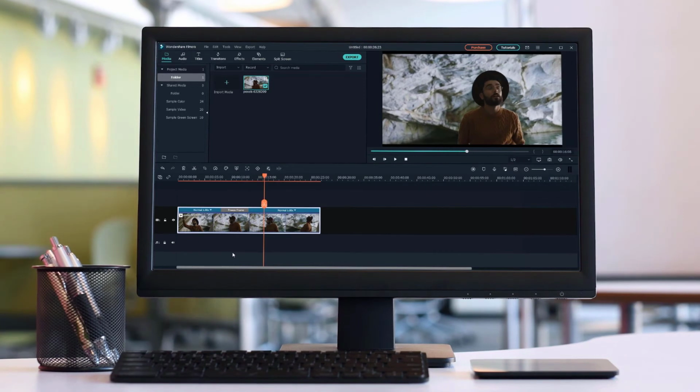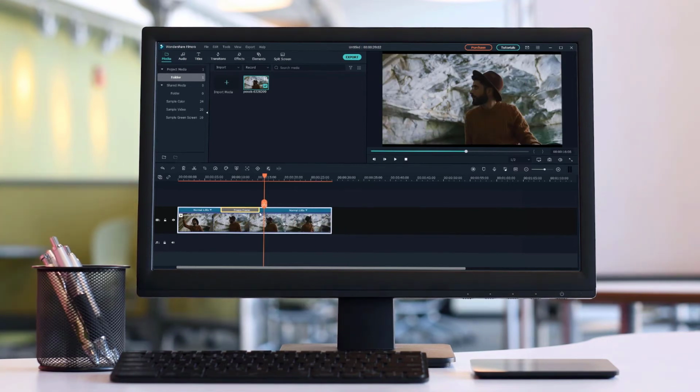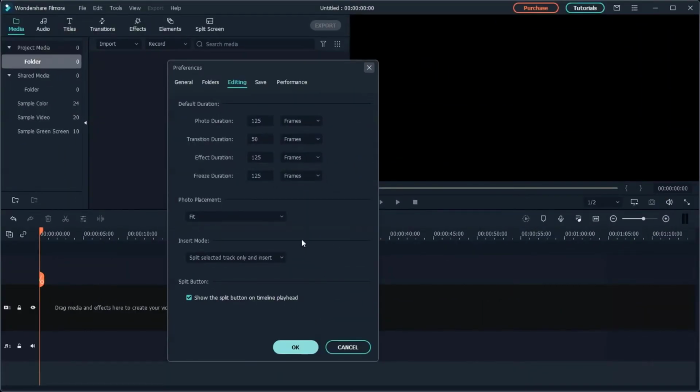I can change the duration by dragging this end of the gray bar. If I want to use a precise value for the duration, I will click on this gray bar and then choose duration, and then I will change value here. The default duration can be changed here.